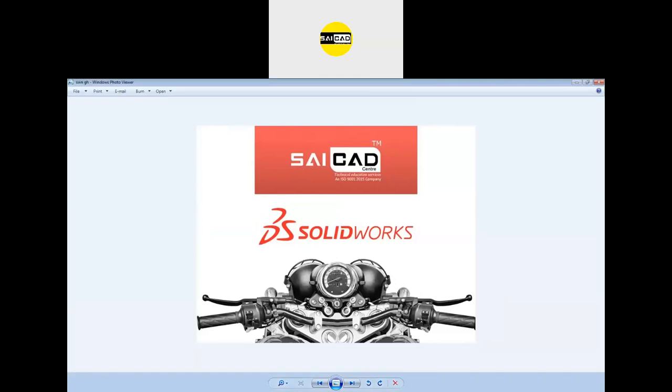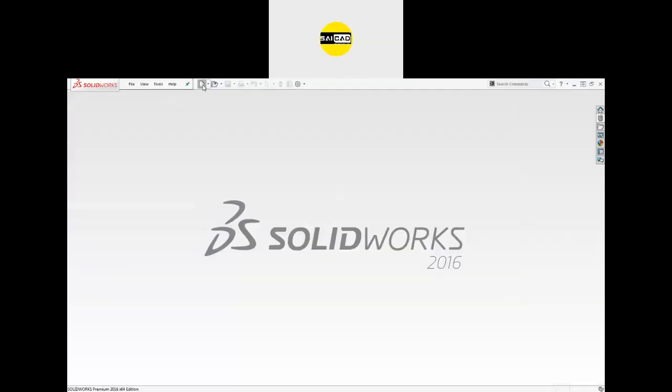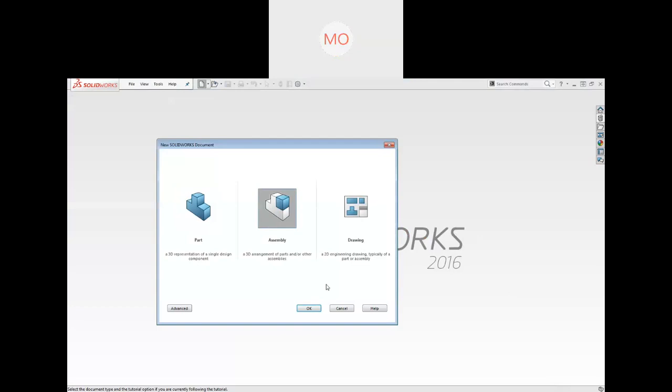Sir, can you please explain that drawing of gear? Here. Okay. So here you have to first go to the assembly. A gear, or a part or product from the library, can be inserted only in the assembly, not in the part file. So first of all go to the assembly and then you can insert the component from there.